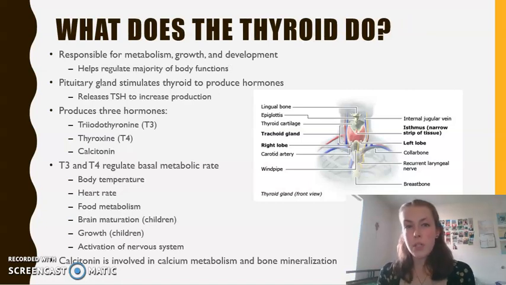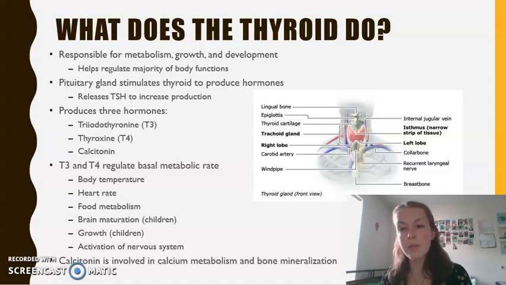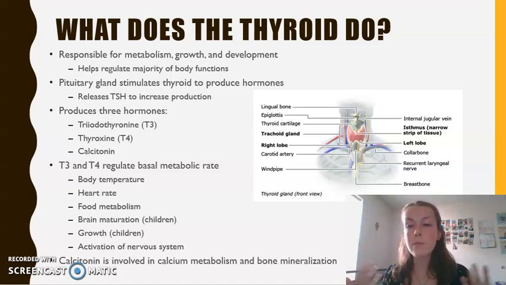What does the thyroid do exactly? Well, the thyroid is responsible for metabolism, growth, and development. It helps regulate the majority of the body's functions. It can't properly function without the pituitary gland, which produces TSH. That is the thyroid stimulating hormone that is released, and the thyroid detects it and is stimulated to produce thyroid